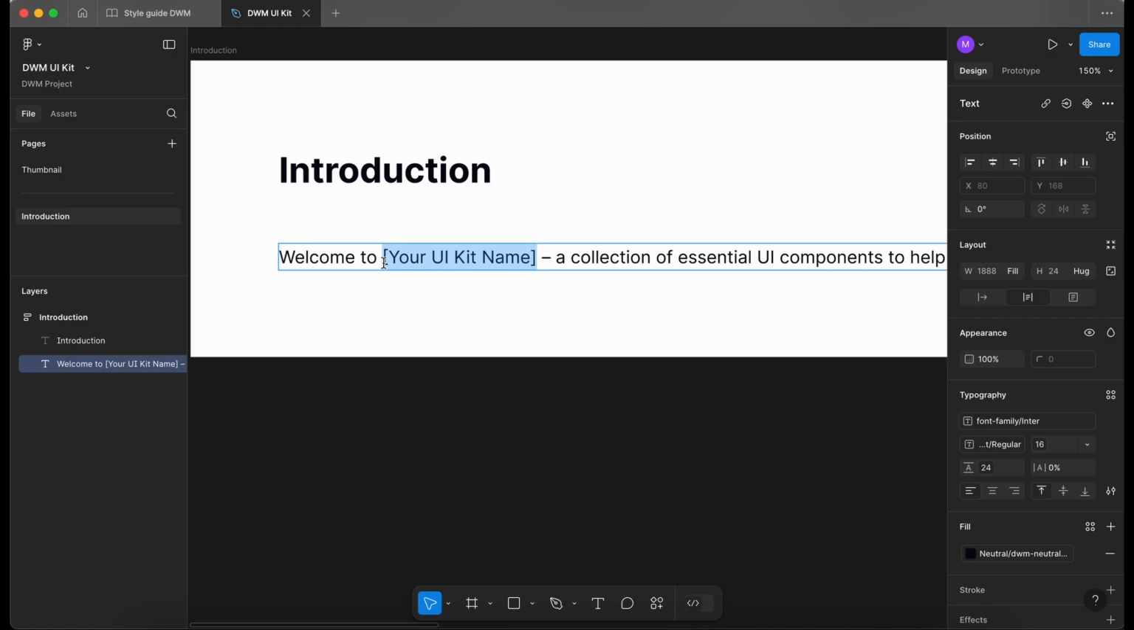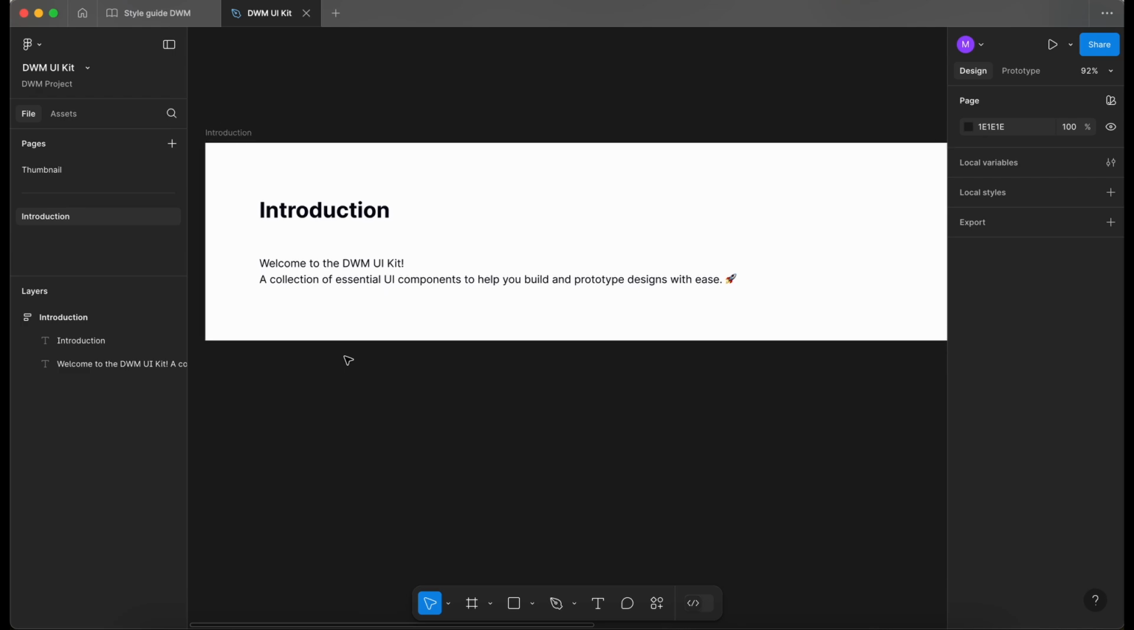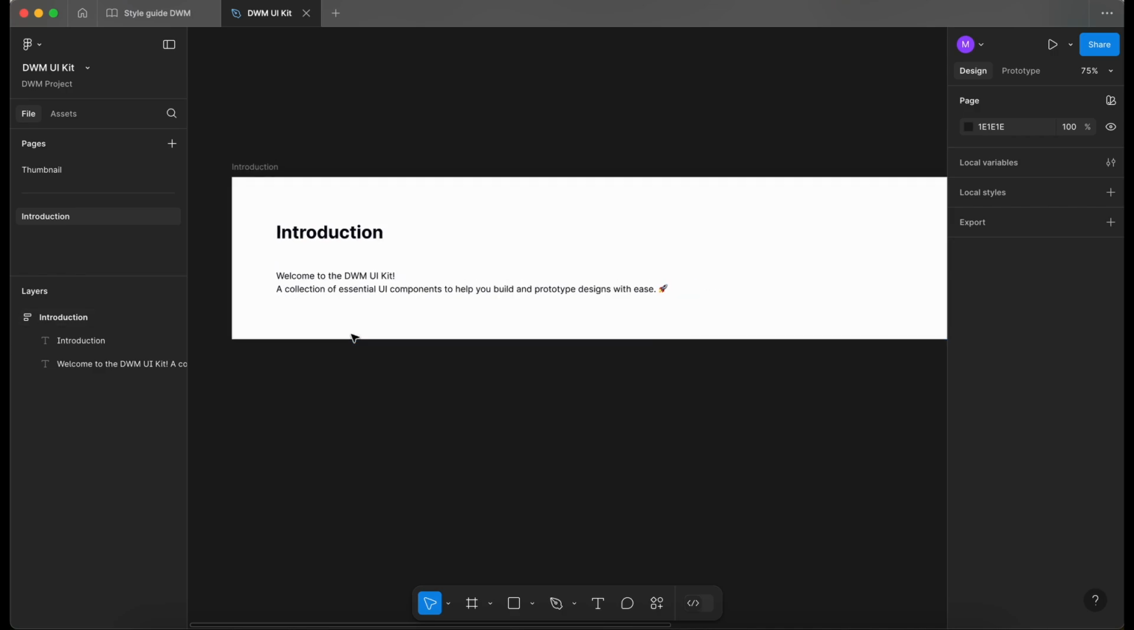So just to give a quick intro to someone new that's visiting the file, I've added something really simple on the introduction page. Welcome to the DWM UI kit, a collection of essential UI components to help you build and prototype designs with ease. Straightforward, nice and easy, give someone a quick intro when they're coming into the file, what they're going